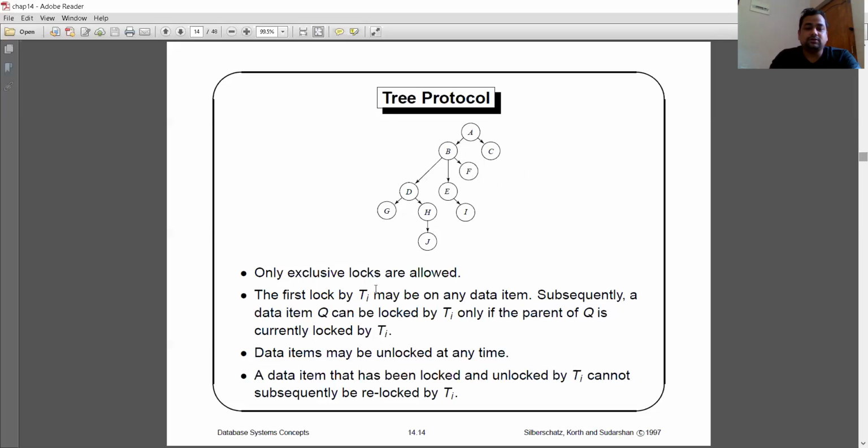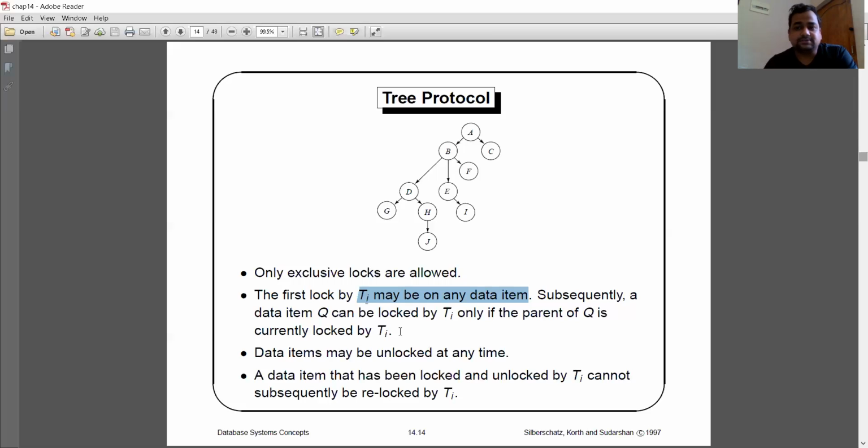First, the transaction Ti may lock any data item, here data item A. Subsequently, a data item Q can be locked by transaction Ti only if the parent of Q is currently locked by transaction Ti. So this is the basic concept of the tree-based protocol. Suppose we have a transaction Ti and we have to put a lock on data item Q. So remember two things: one is the transaction, another one is data item Q. You can only put a lock on data item Q by the transaction Ti